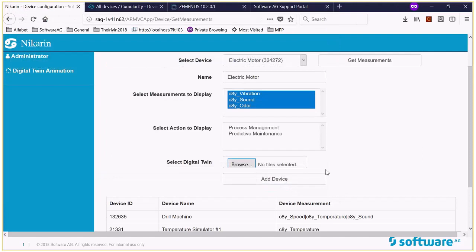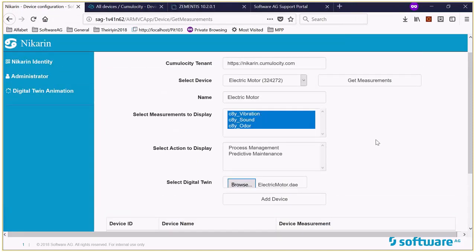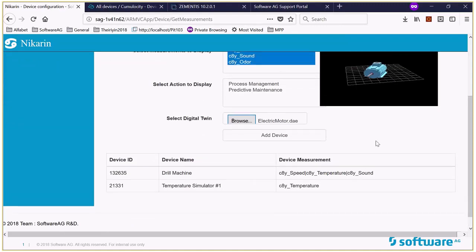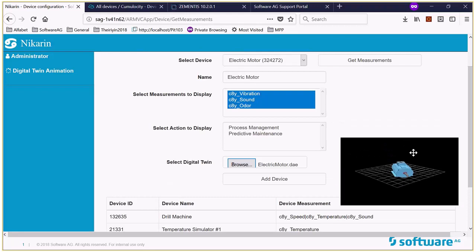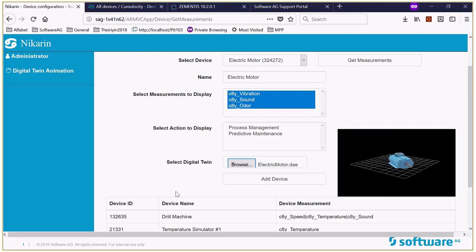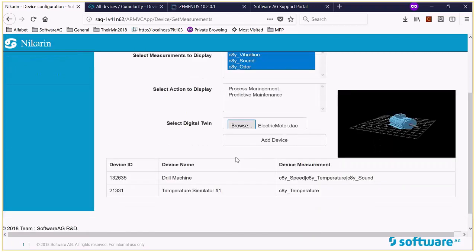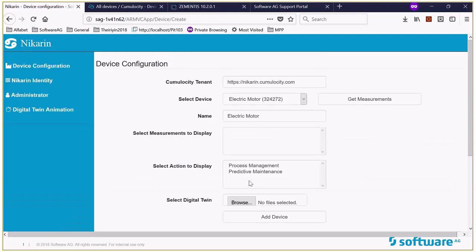So this is basically a digital twin that every factory has. It's a 3D model of the exact motor. So we could have this device coming up here, and let me say add device. Once I have added the device, it will be listed here. And let me walk you through other